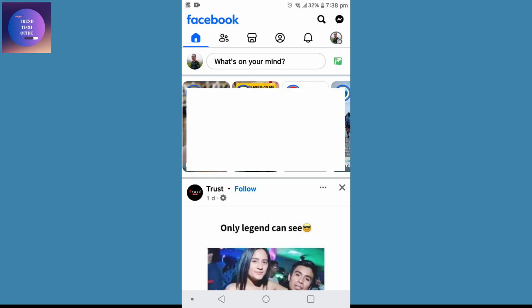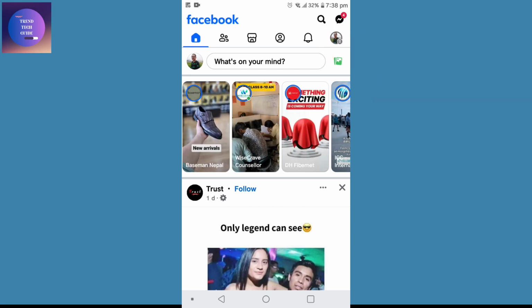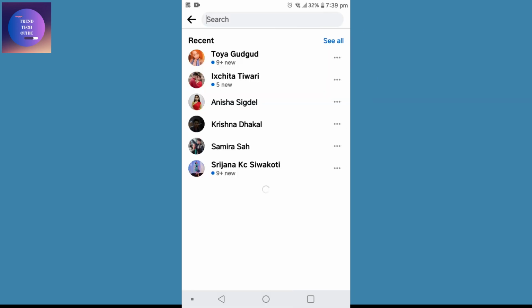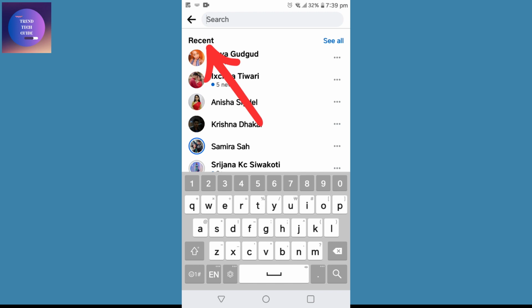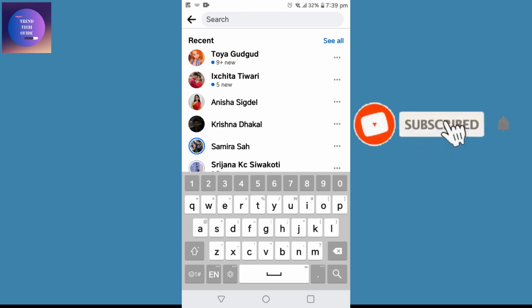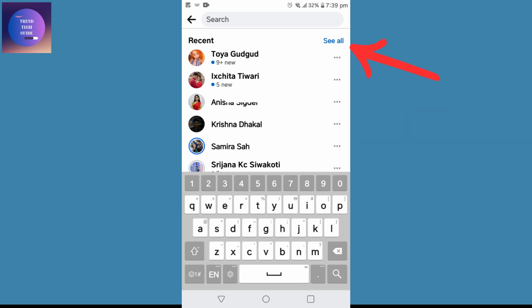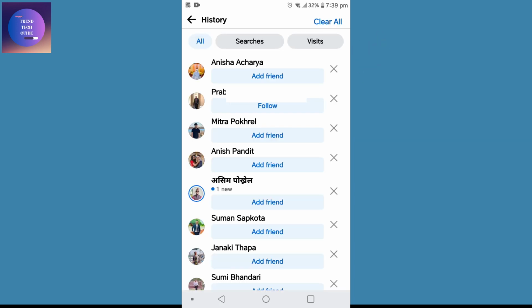Now to find the search history, on the top right you can find a magnifying glass. Tap on this. And now you can see here is Recent. That means these are the recent searches which I made. Now to clear them all, tap on See all, and over here you can find all the searches you